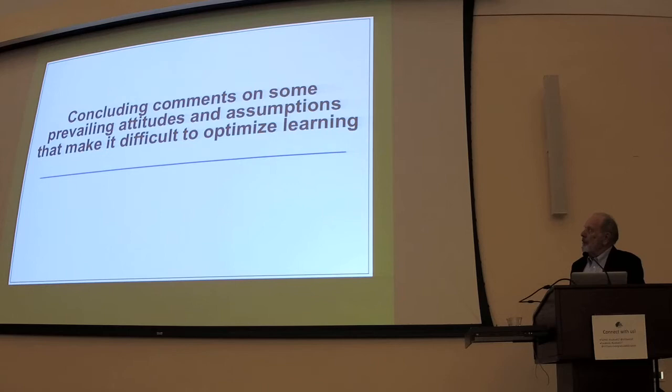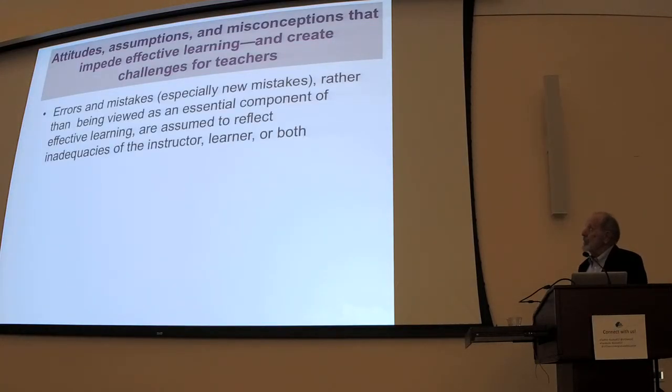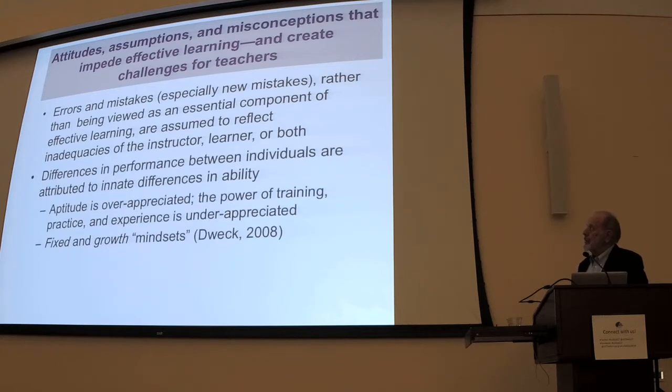So, just a couple of concluding comments. Prevailing attitudes and assumptions get in the way of our becoming effective learners and teachers. One is that errors and mistakes are rather than being viewed as an essential component of learning, simply seen as reflecting the inadequacy of the learner or the instructor, or maybe both. Differences in performance between individuals are attributed to innate differences in ability. Basically, aptitude is overappreciated. The amazing power of training, practice, experience,